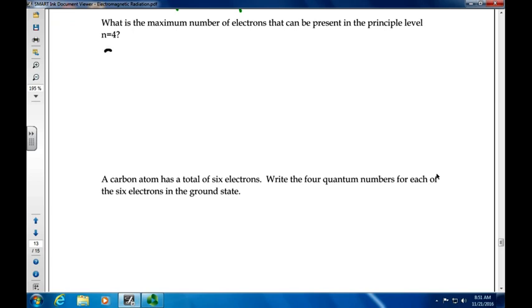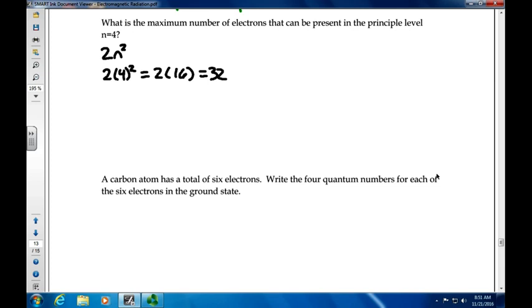So in this case, it's just going to be 2 times n squared, which is 2 times 4 squared, which is equal to 2 times 16, which is equal to 32. Now, if you wanted to, you could go through and tabulate all that, but I believe we proved pretty accurately